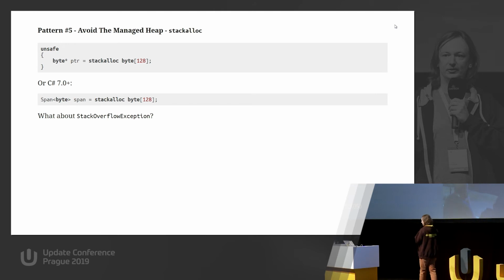And a stack overflow exception is one of those exceptions that cannot be caught, so it simply kills the whole application for you. So using stackalloc, you always have this risk that if you try to create a too big data structure, you can kill your application. It's kind of a feature.